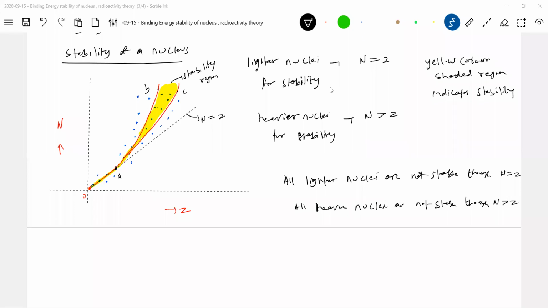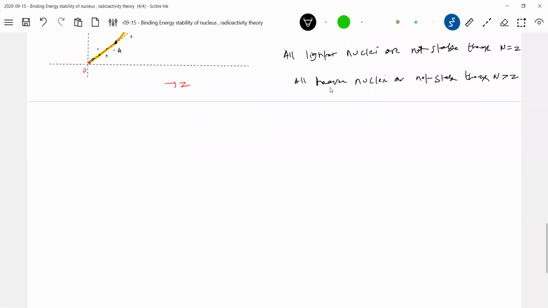Heavier nuclei prefer more neutrons than protons for stability, but still they are not stable. So what is the reason now? How do we express stability? For stability we go for binding energy per nucleon. With the help of that curve, we can define the stability curve very easily, so we can give the exact reason. Those nuclides which have more binding energy per nucleon are said to be stable, and those nuclei which have less binding